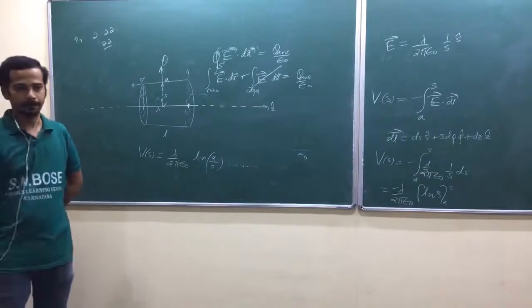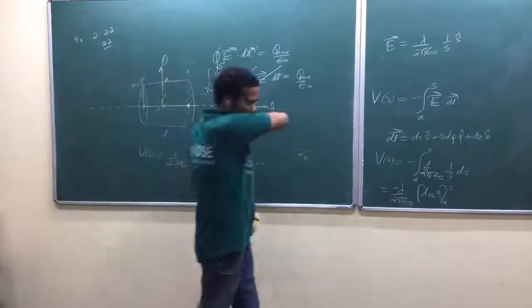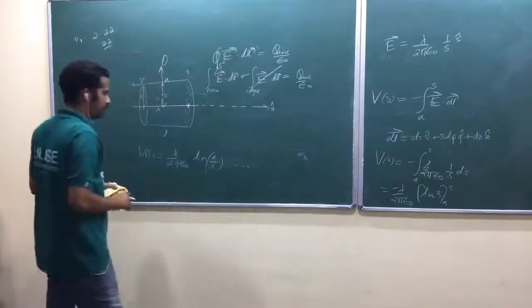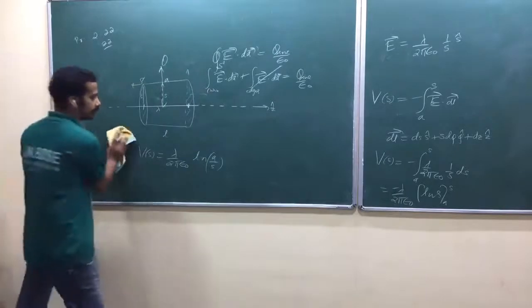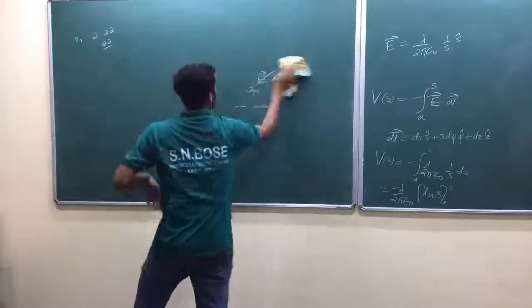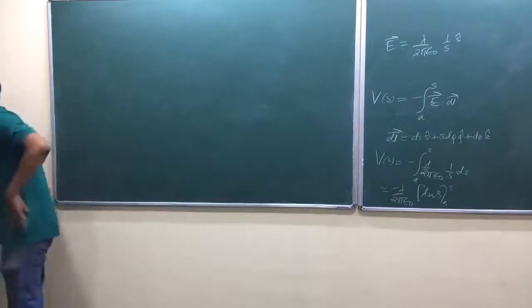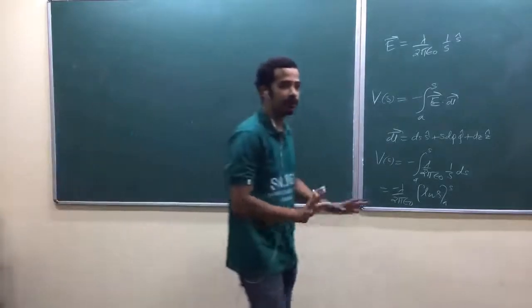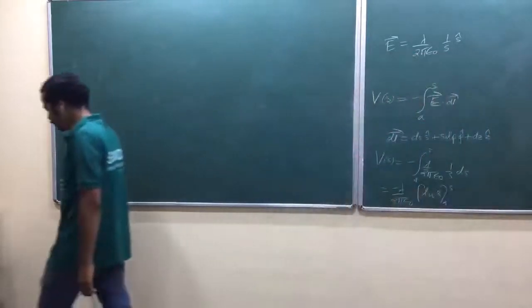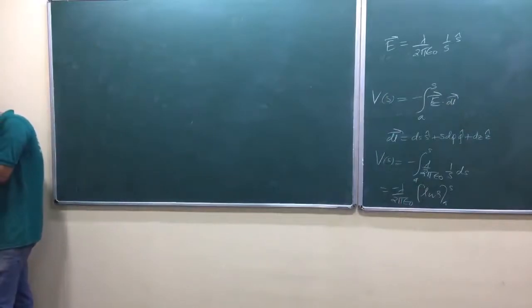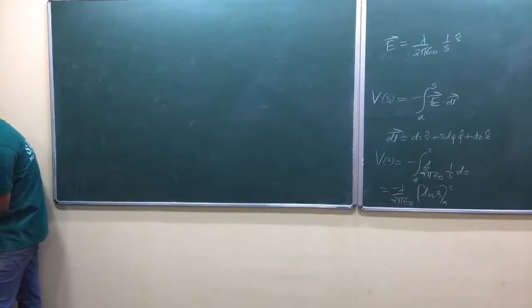But when the question asks for potential difference, you don't have to worry. It will be independent of the choice of reference point. Again, two different problems: one is a finite charge distribution, the other is an infinite charge distribution. In both cases, we applied Gauss law to find the electric field, and we used the electric field to find the potential, by line integration of the electric field. So next one. Problem number 2.15. What is it? Potential at the center using infinity as the reference point.